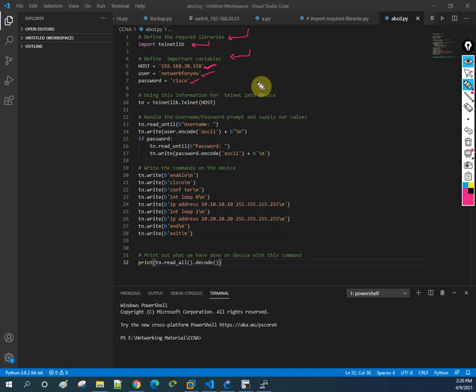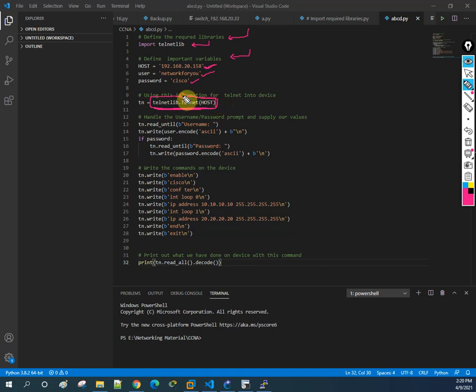Then in the third section, we said by using this information, we need to create a session, the TCP session, by using telnet. So what we did, we use telnetlib.Telnet. This library we call to create the session with our device. Whenever we are creating it, we need to write this whole sentence, from here to here.